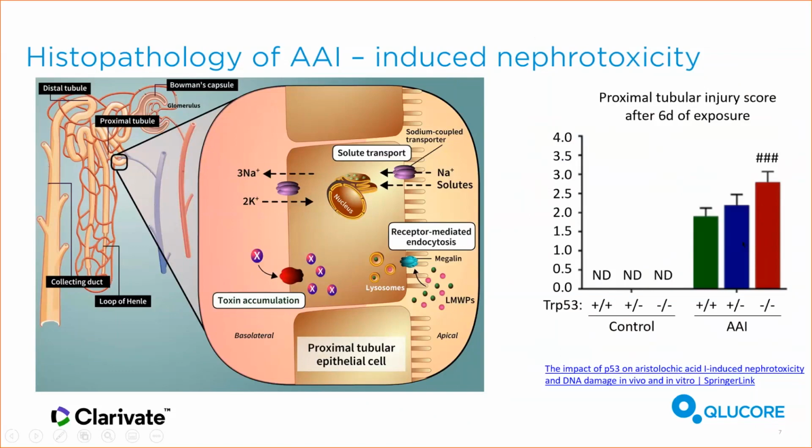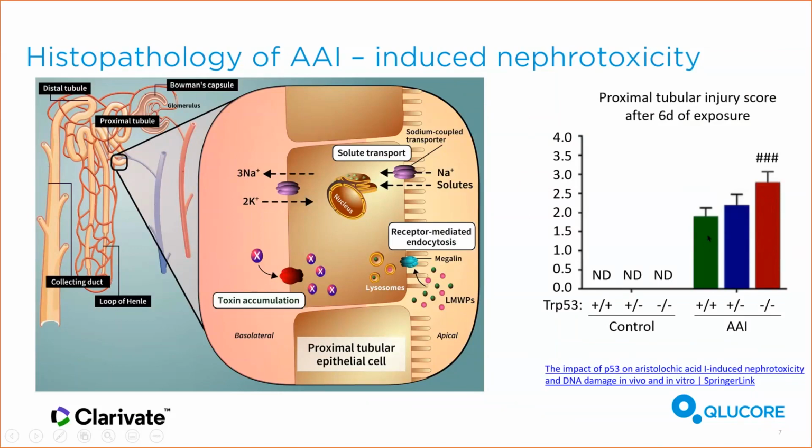So this confirmed what is known, which is that this compound is damaging these cells, and that's the mechanism for the nephrotoxicity. But interesting to hear as well, you can see the difference between the wild type TP53, as it's called in mice, the wild type gene, versus the heterozygote and the homozygote. So the homozygote has the double mutation in both copies of the gene. And you can see this gene dose effect here with more damage occurring when P53 is knocked out, therefore suggesting that P53 plays some protective role. Not completely, you can see in the wild type that there is a considerable damage going on, but P53 provides